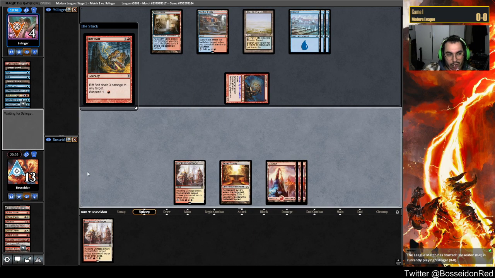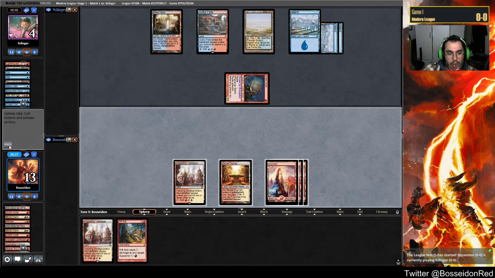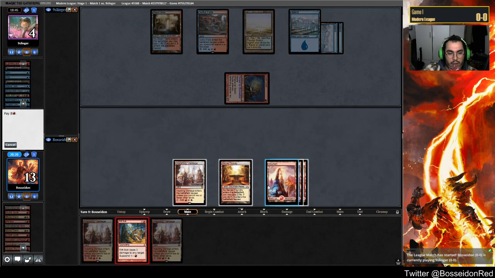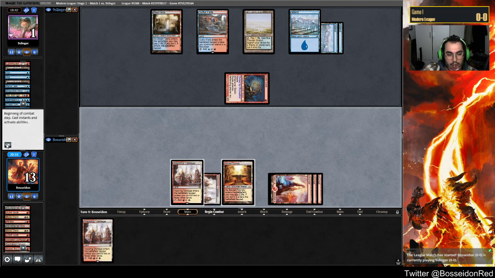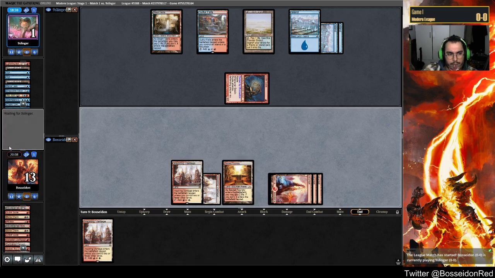I shouldn't have suspended this Riffle, to be honest. Ooh, that's cool for me. Oh, Jesus Christ. Another land? I think I cast it here. It's because it's super easy to cast. I guess I can play a land. If I draw Incinerator, I guess I could try to cast it. I doubt it would resolve, but...